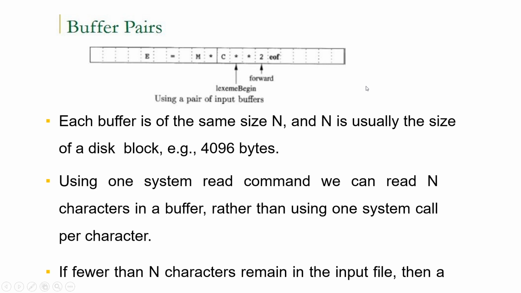So this is an example of buffer pairs. Here we are using two pointers, lexeme begin and forward pointer. Each buffer is of the same size, capital N, and N is usually the size of a disk block, for example 4096 bytes. By using the system read command, we can read N characters into a buffer rather than using one system call per character. If fewer than N characters remain in the input file,